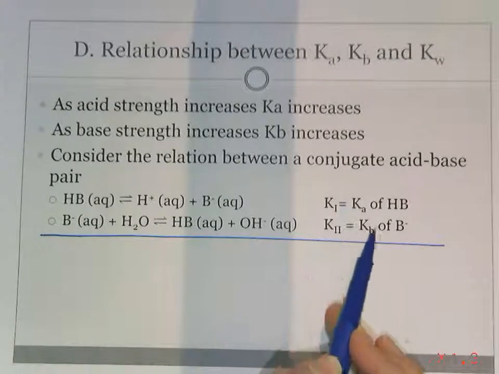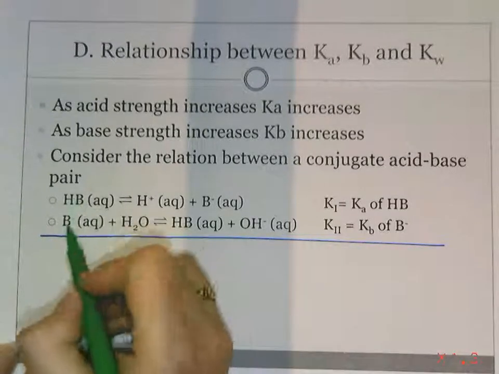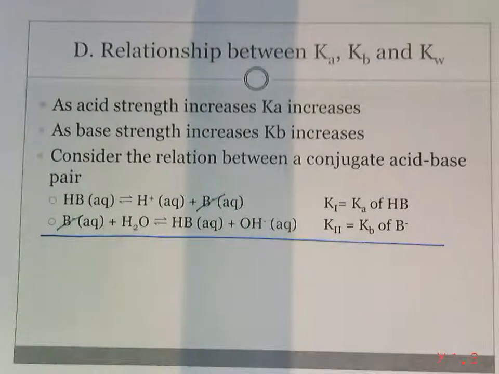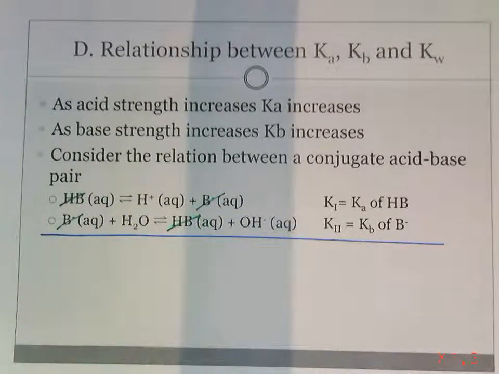If I want to figure out the net reaction of these two reactions combining, what is one reactant in this reaction? Or let's do it easier. What's something that cancels out? B minus cancels out. Okay, what else cancels out? HB. Does anything else cancel out? No. Which means my net reaction must be